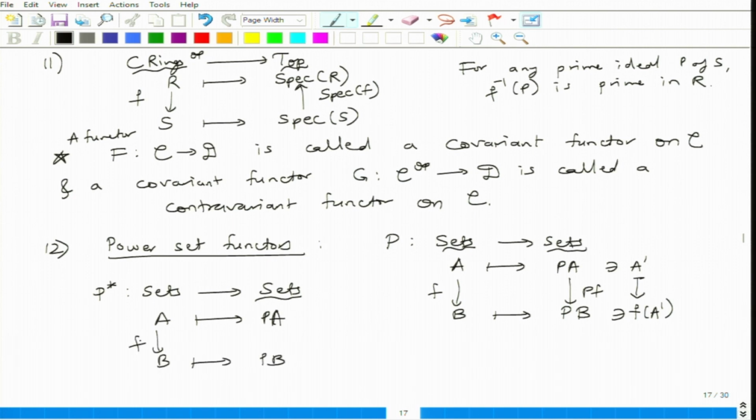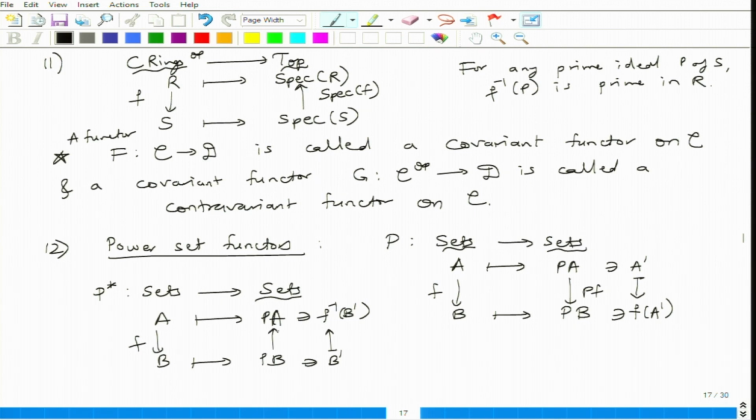And whenever I am given this F, then I can pull something back. I can take the inverse image, not just the direct image. So if I am given some B prime in PB, I can associate to it F inverse of B prime, which is a subset of A. So this map actually goes in the